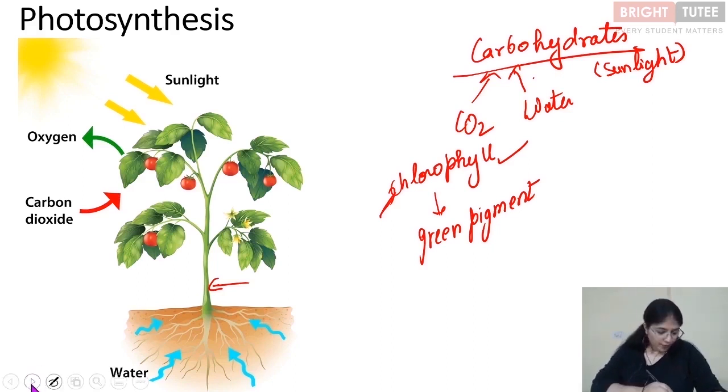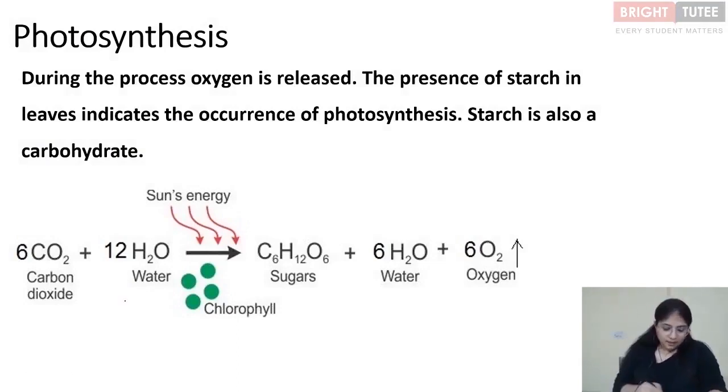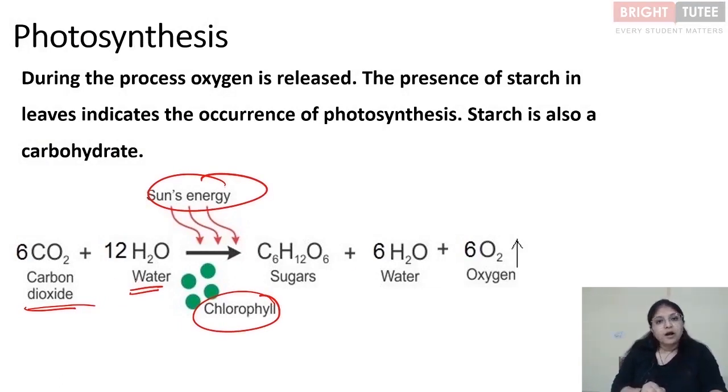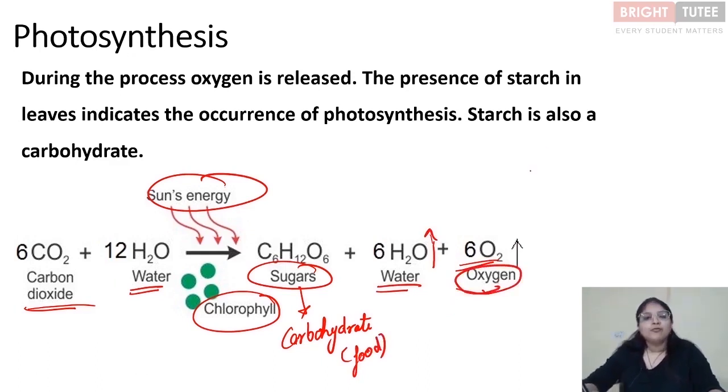So we can also represent this process in the form of an equation, wherein carbon dioxide and water, in the presence of sun and chlorophyll, are converted into sugars, that is the carbohydrate that we were talking about, right? And water is released in this process along with oxygen, right? So you see that two basic requirements, that is the food and oxygen, both are fulfilled with the help of